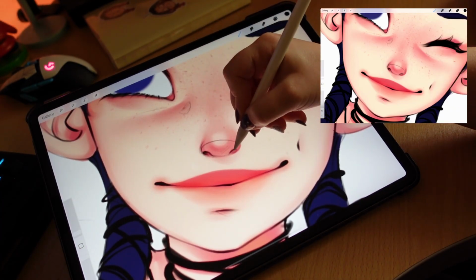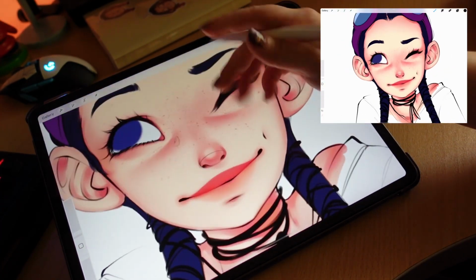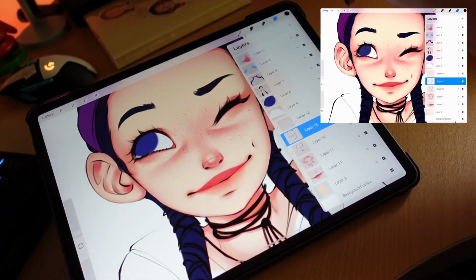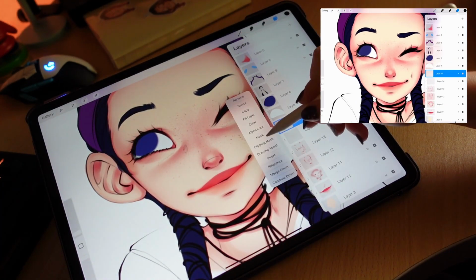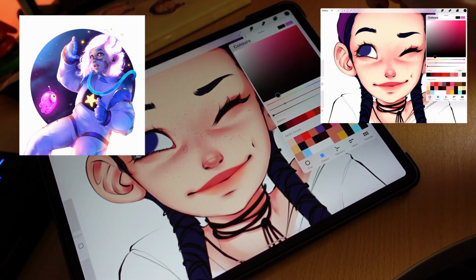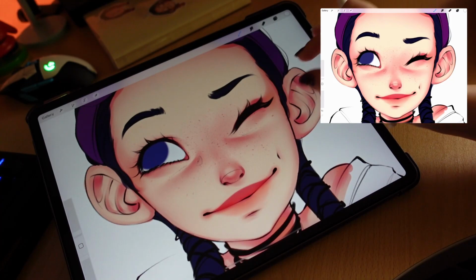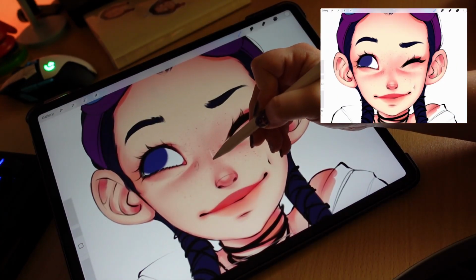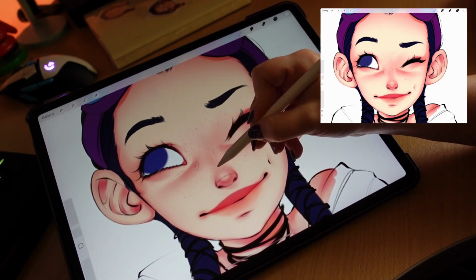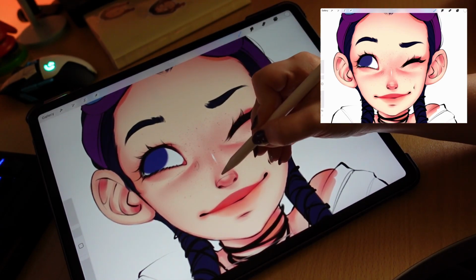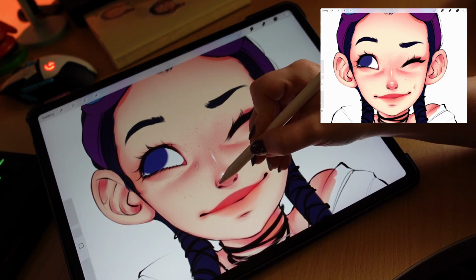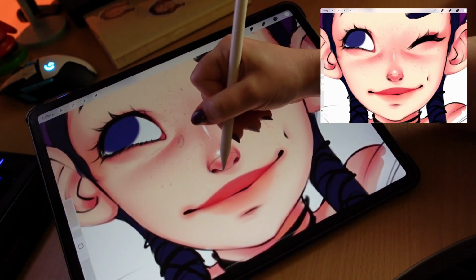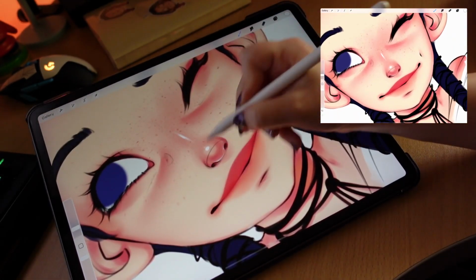If you follow me on Instagram, you may be familiar with my drawings already, and you know how much I love space-themed art. I'm so passionate about astronomy and physics, and I think that really reflects on my art. I always try to incorporate those elements in my drawings. I love everything sci-fi, and I love to draw futuristic characters. And if I wasn't an artist, I would probably be an astrophysicist.